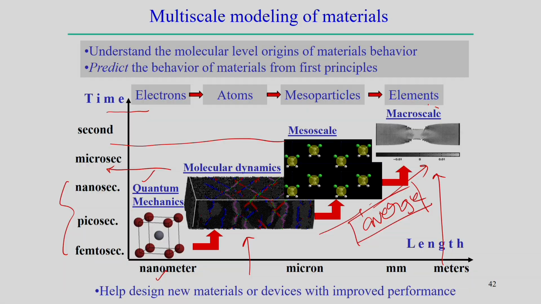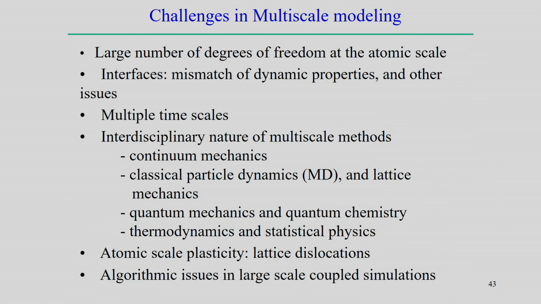But in most cases we normally focus on the macro scale modeling approach, and we do all the tensile testing, universal tensile testing or hardness measurement, all kinds of information that we normally collect for the development of the macroscopic element. And here we supply, in the macro scale product, all the material properties, but those material properties are normally evaluated at the macro scale. But in general, what are the challenges in multi-scale modeling?